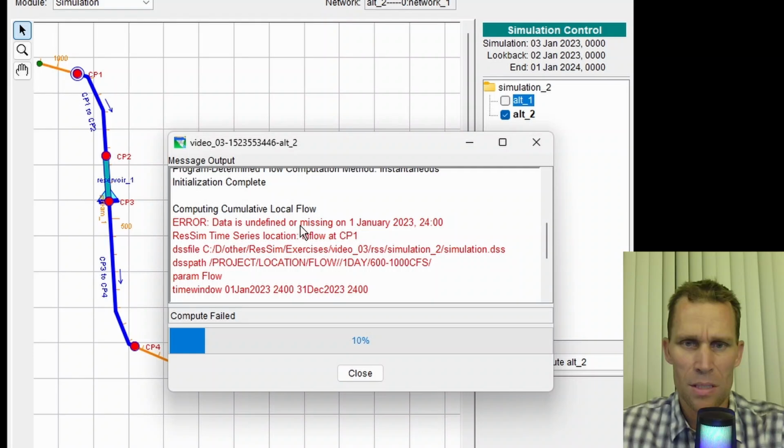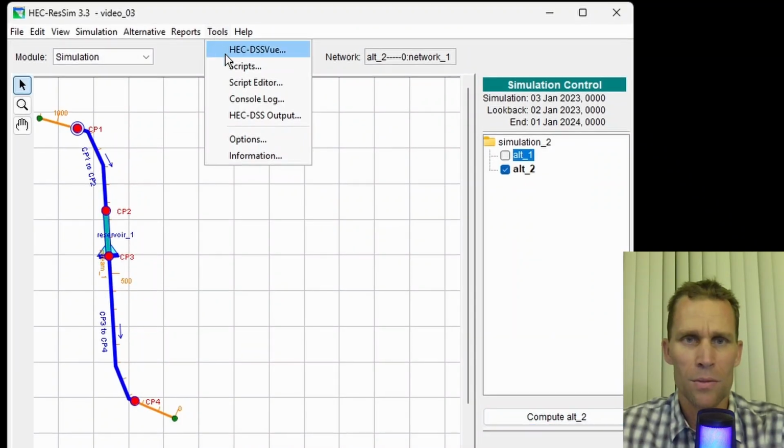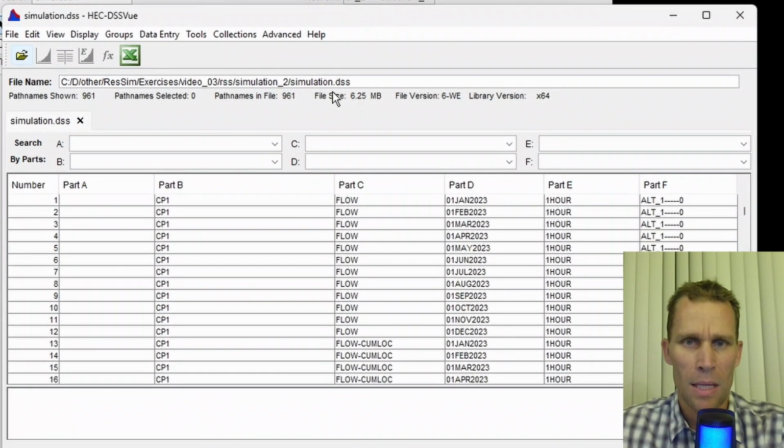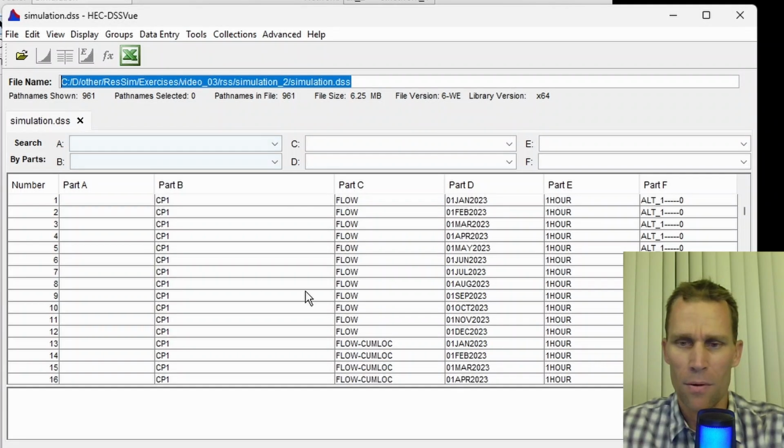Okay, it says we're missing the very first record here. And this is correct, but it's looking in the wrong file. So hold on a second. Let's go Tools, HEC DSS View. This is the file that it's looking for. So let me open up the DSS file